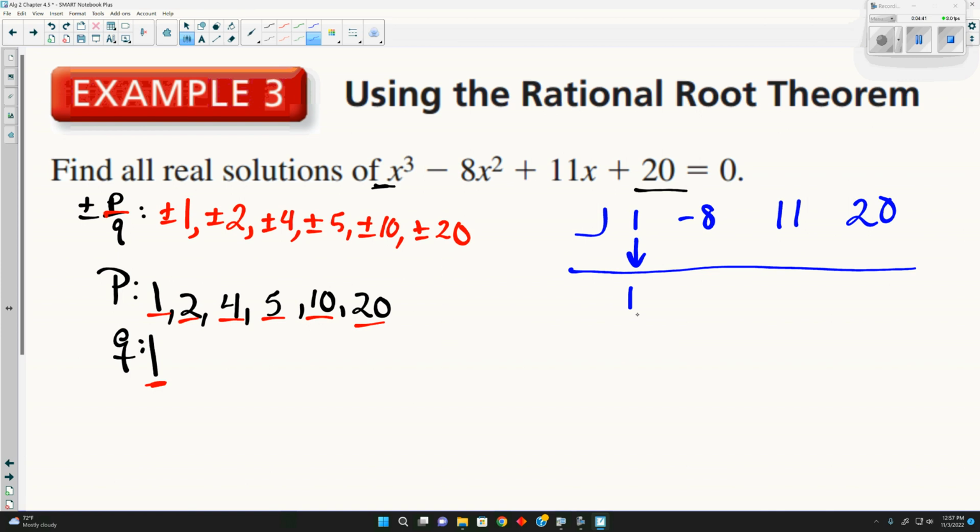Because if the remainder is 0, then it's a solution, yes? Well, what's our first number here? So I do 1 times 1, which is 1. Negative 8 plus 1 is negative 7. 1 times negative 7 is negative 7. 11 plus negative 7 is 4. 1 times 4 is 4, which gives us a remainder. So is 1 a solution? No. So I'll grab the eraser and erase all this. Okay? 1 didn't work, but